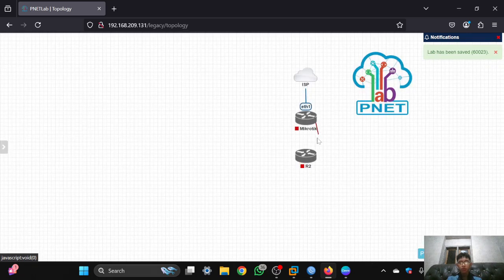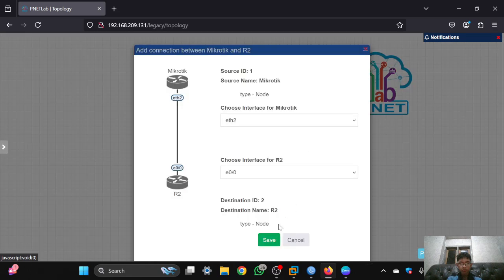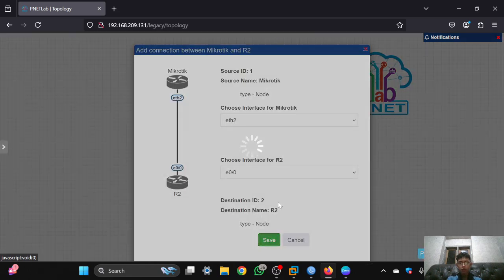And don't forget to connect the switch to the MikroTik, and connect it to Ethernet 2.